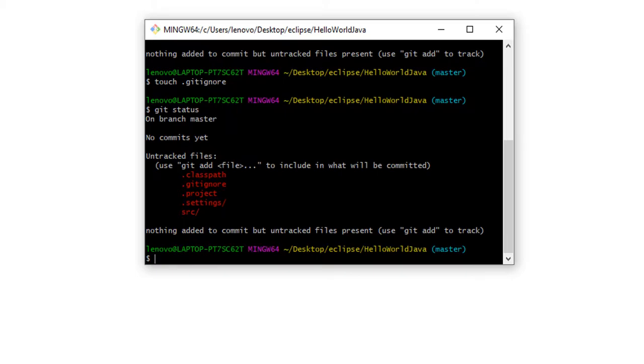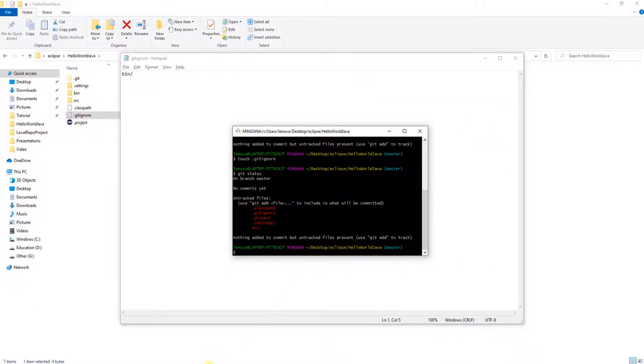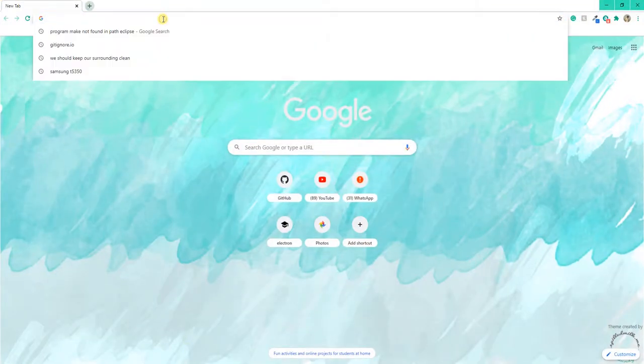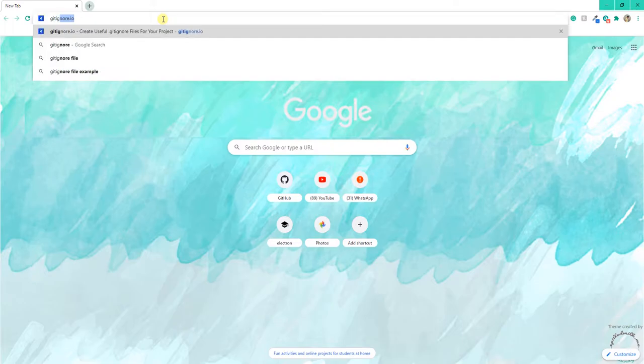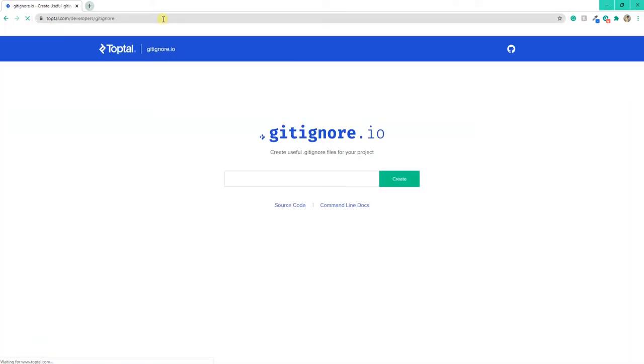Let us see how to use it. For that, first we'll open our favorite browser and open the link gitignore.io. Now we'll just type in the IDE and language that we are using, which in our case is Eclipse and Java.